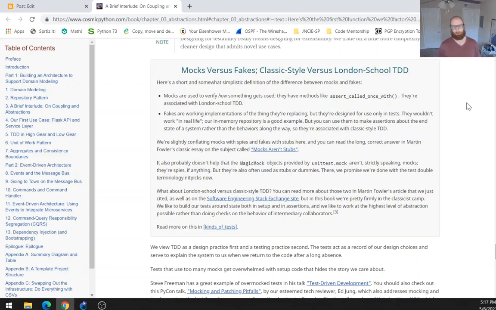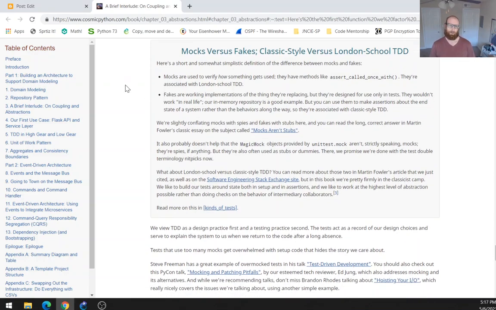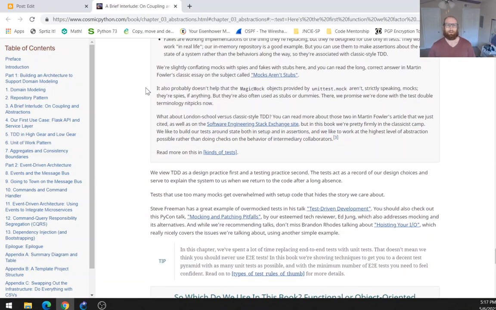Fakes are working implementations of the thing they're replacing, but they're designed for use only in tests. They wouldn't work in real life. Our in-memory repository is a good example, but you can use them to make assertions about the end state of a system rather than the behaviors along the way, so they're associated with classic style test-driven design. We're slightly conflating mocks with spies and fakes